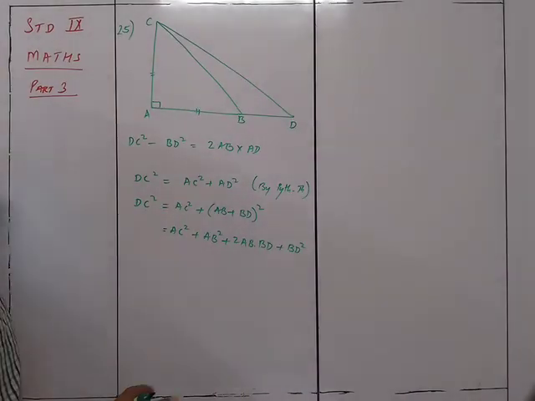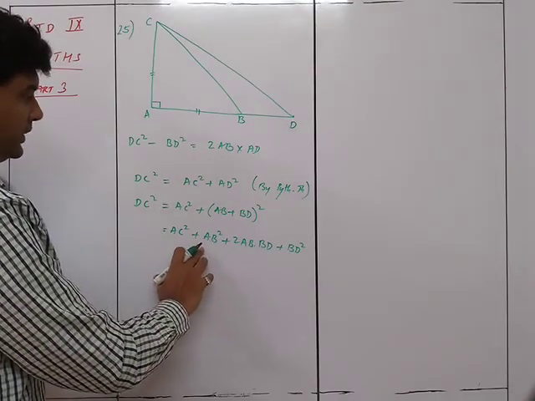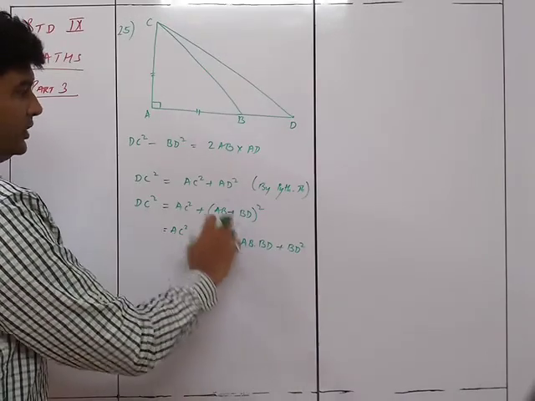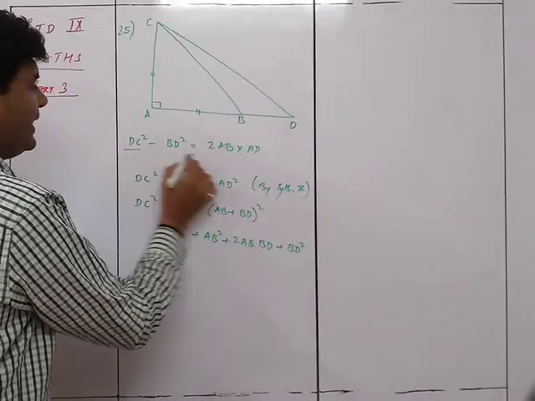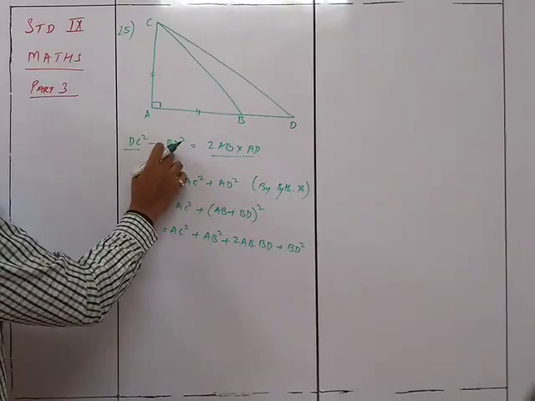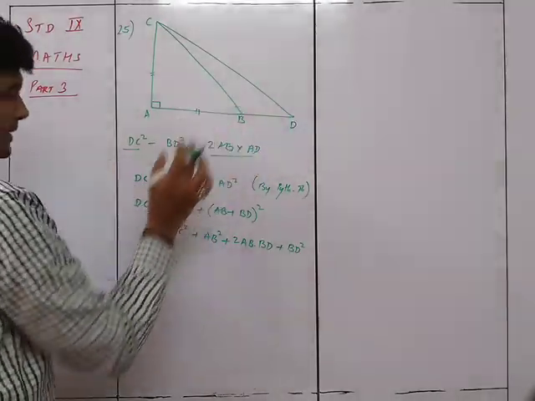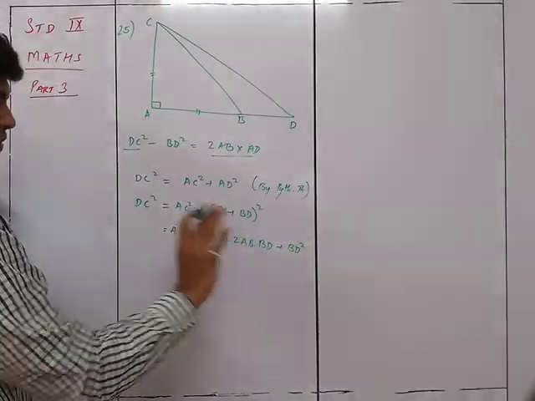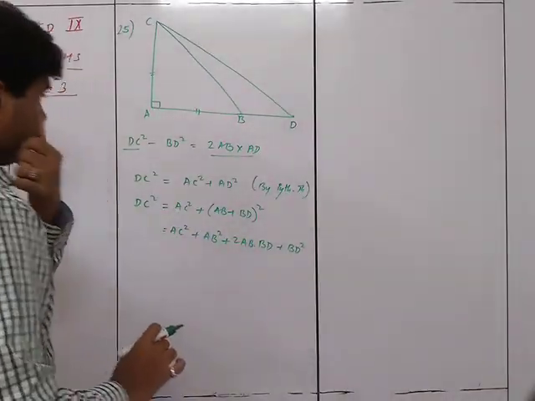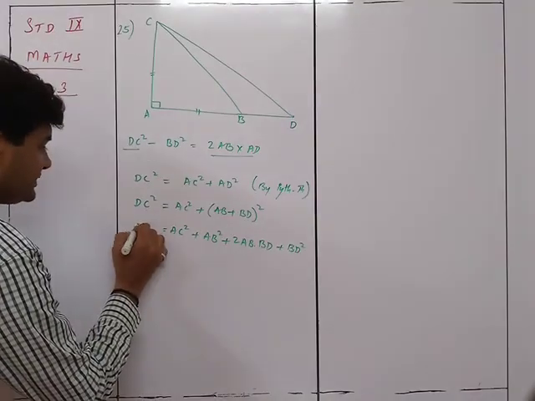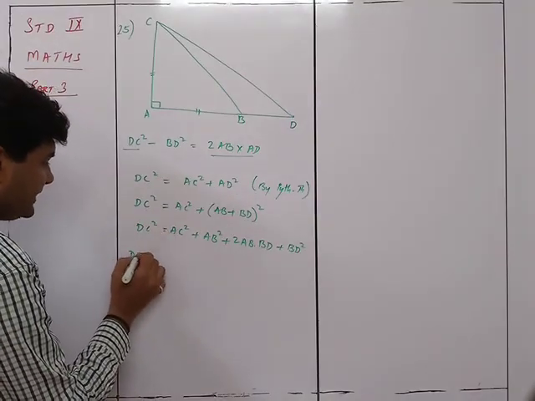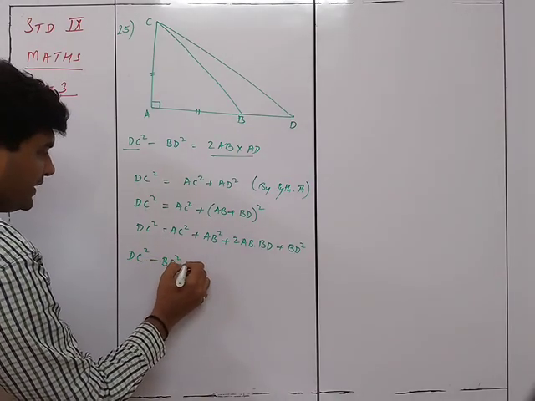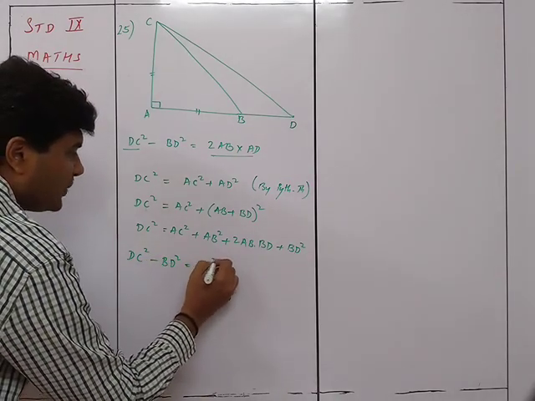Okay? Got it? So what do I have? AC square, AB square, 2AB BD. So I got this AB BD. Now I need to take this BD point. BD is this point, and that is a balance, but I got it over here, which I put over here, it is going to get over. So yes, that is also very good. So what I see is DC square. If I bring it over here, this is minus BD square is equal to AC square.